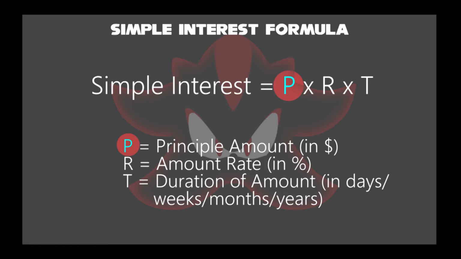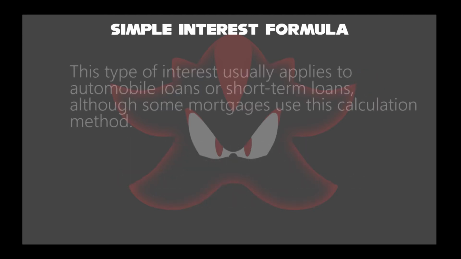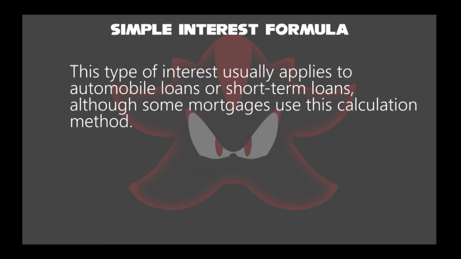P is denoted as the principal amount in dollars. R, the interest rate in percentage. And T, the duration of an amount in days, or weeks, or months, or years respectively. This type of interest usually applies to automobile loans or short-term loans, and in accordance with the mortgage, shows you a calculation